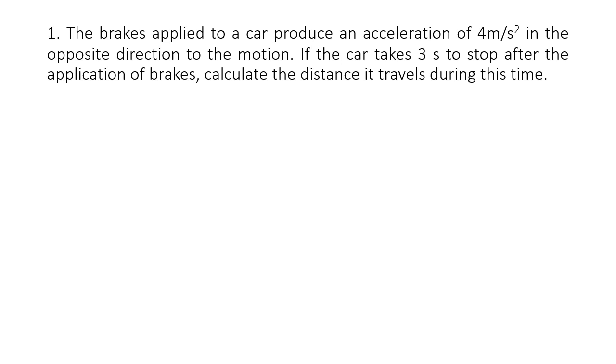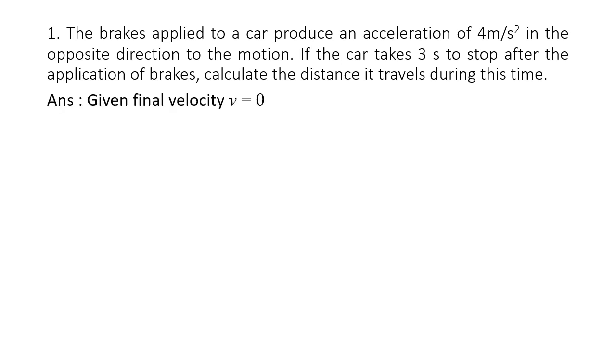If the car takes 3 seconds to stop, so time taken to stop is 3 seconds, and when the car is stopping, it means the final velocity is 0 because the car has come to rest. Now what we have to find out is the distance traversed during the time. So we have to only find out the distance. Now what are the formulas for distance? v square minus u square equal to 2as. From this equation we can find s, or we can use s equal to ut plus half at square. We have t, we have a, but we do not have u. So in either case, we'll first have to find the u, only then we can find the s.